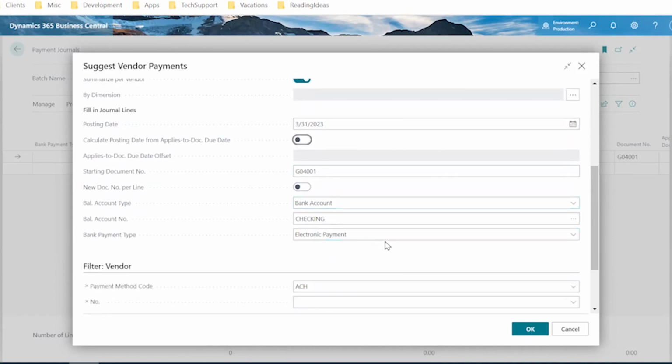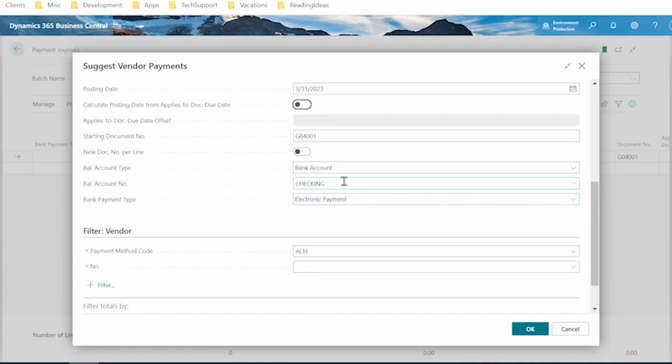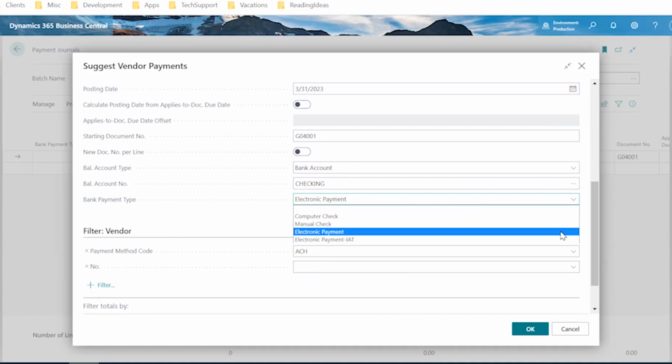And then down here is the type of payment that we're going to make. We're saying the payment type is an electronic payment, because that's what these vendors want. And the payment method code on our vendor filter is ACH. Remember, we assigned the vendors to either ACH or check, and now we're saying, okay, give us all the vendors that are assigned to ACH. I'm going to click OK here,